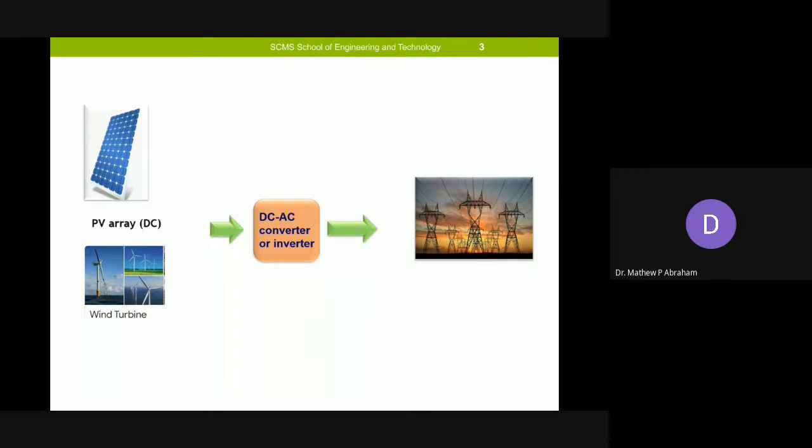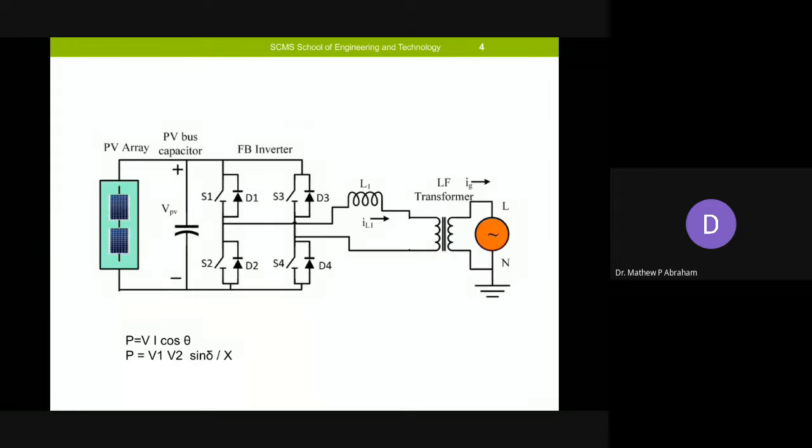And for practical purposes, we can assume that the energy generated or voltage generated from PV array, wind turbine, all these things are connected to a battery. And that battery is acting as a voltage source, which is connected to the inverter, and we are feeding it into the grid. Right? So basically, it is a battery connected to the grid through an inverter.